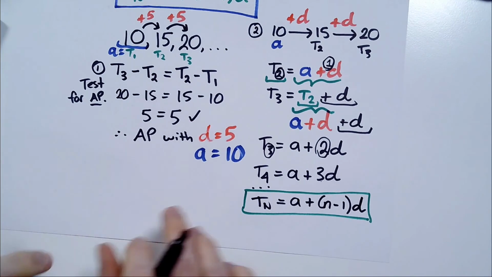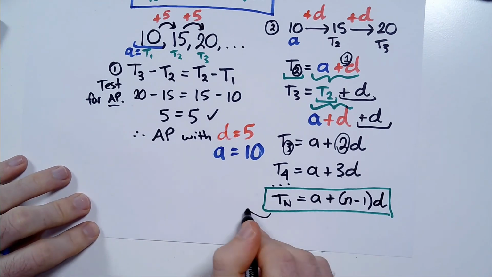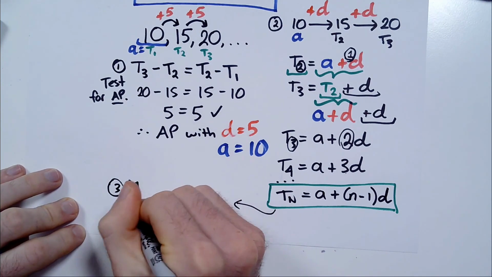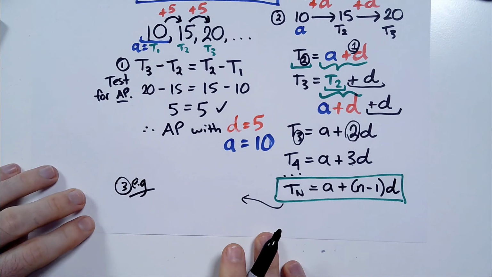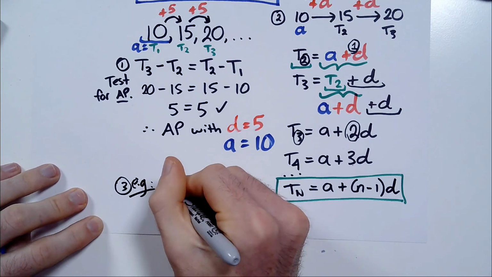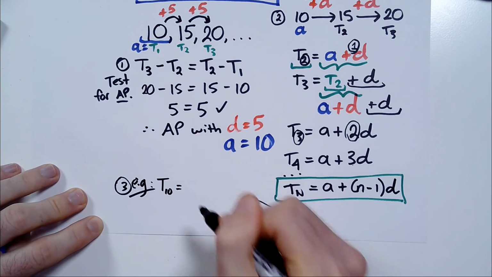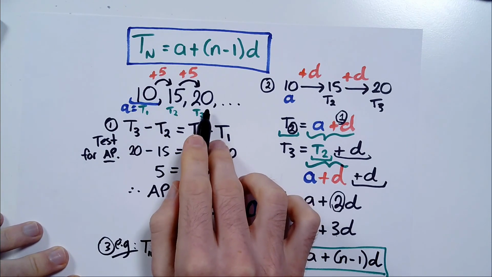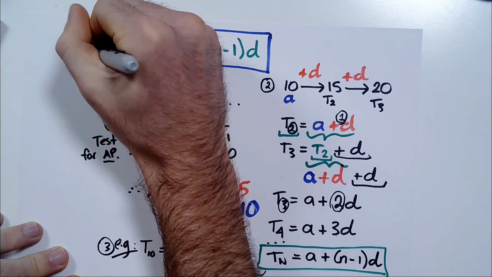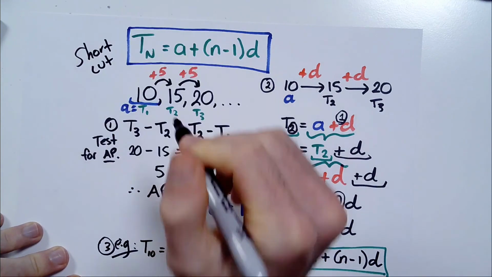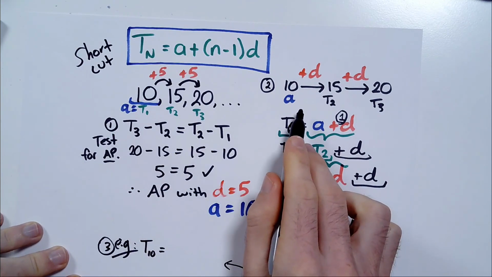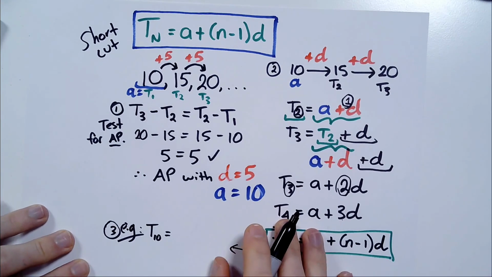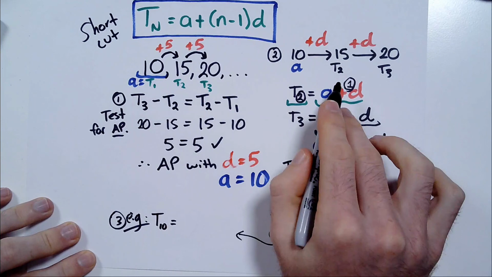So the last step here is to now take that formula and use it in an example. For example, let's use it in the example of finding the 10th term. So T10, right? Remember, the whole idea here is we have a pattern of numbers and we want to have a shortcut to find any particular term in the pattern so that I don't have to write out every single term to get there. Okay, so the shortcut here is instead of writing 7 more numbers to get to the 10th term